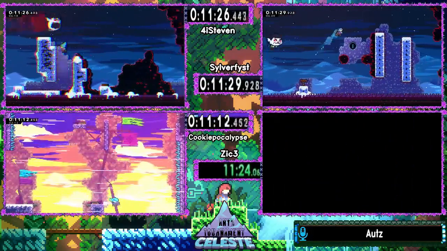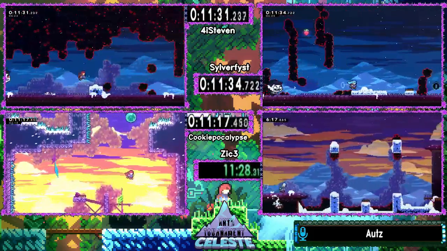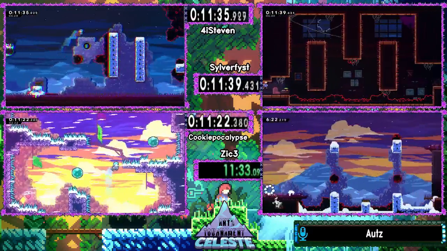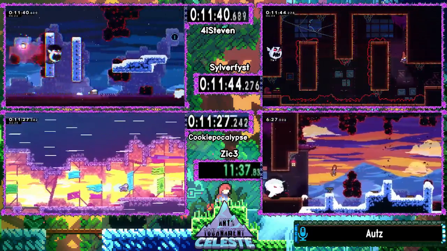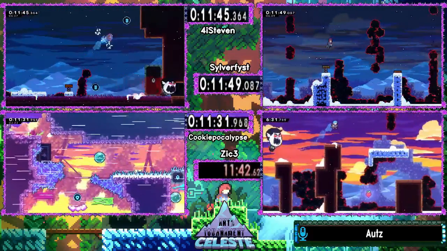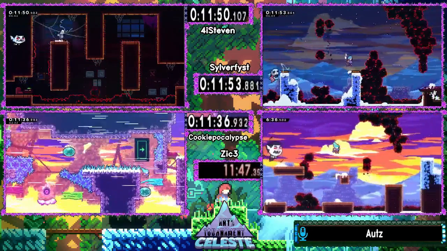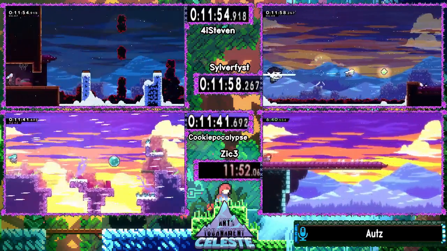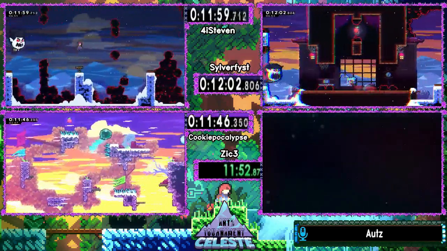almost at the last checkpoint of Golden Ridge on the last room. And what we may see from him here is, no, he doesn't really get it, but there's a quick cycle you can get, which saves maybe 2 or 3 seconds, give or take, how you actually execute that skip. And we see Zic finishing with a 640 in Celestial Resort,